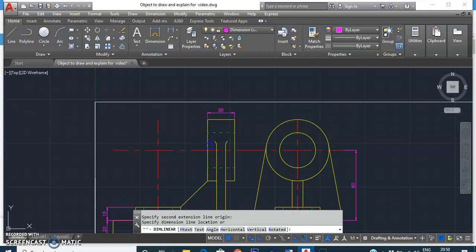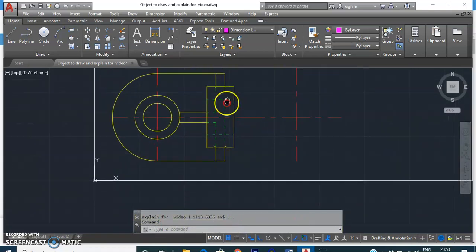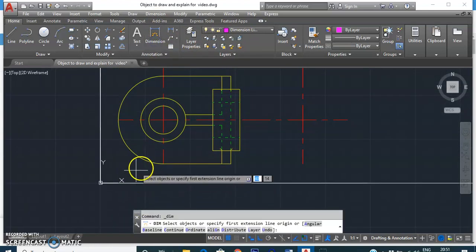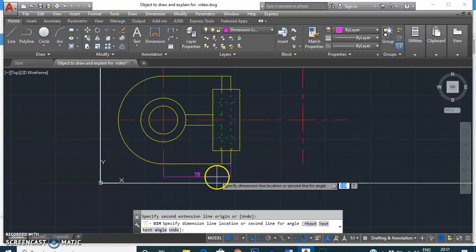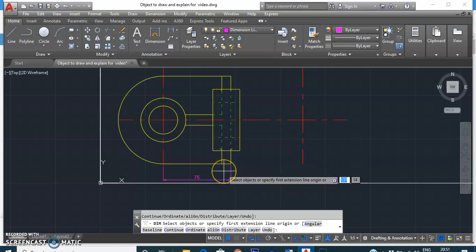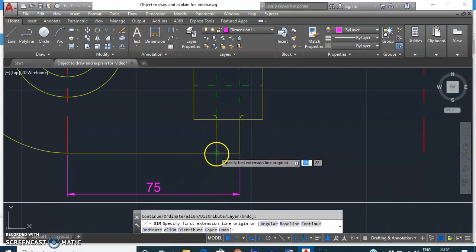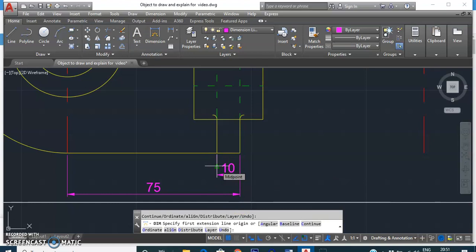You can place it over here. Then next we have the length of 75, so that we can give over here, like this. We have the thickness of this rib, that is 10 millimeters, like this.